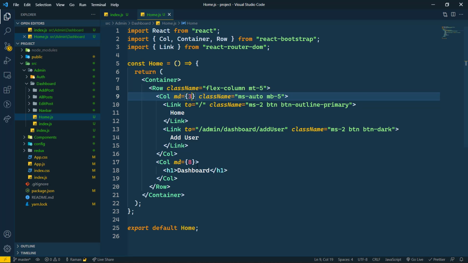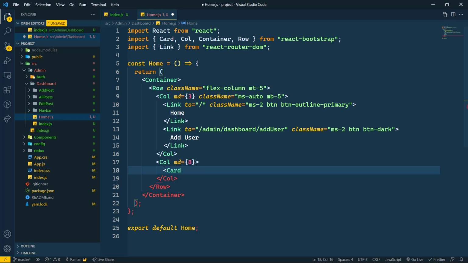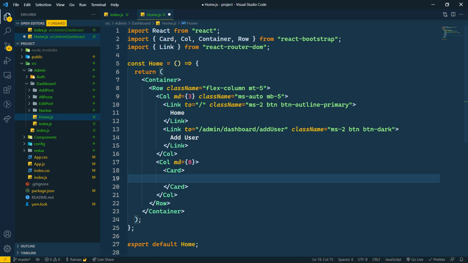Now let's create 3 cards here. So here we are going to create 3 cards. So let it be, first of all let's create the first card. So the first card has been created successfully, and we need 2 cards here, so that's why it is margin md8. So here I'm going to write a class name, that will be mx-auto, and here we need card. So here I'm going to write also mx-auto, and here we need col-md-3,